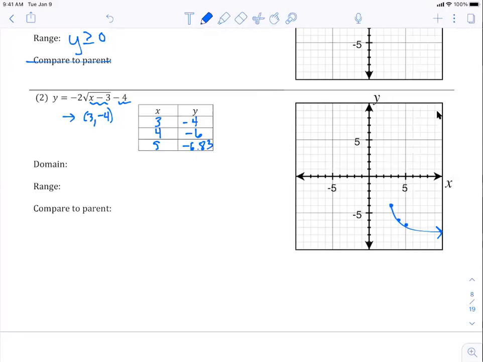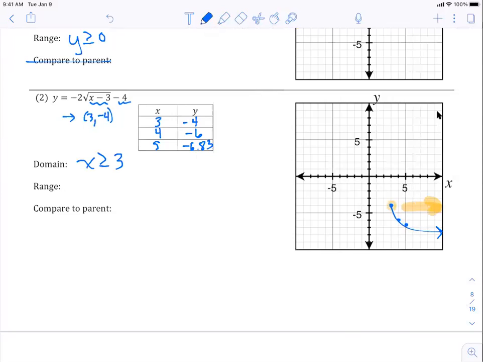Now, this one we have to be a little bit careful when I choose my domain and my range. Because my domain, remember, that's my x's. So my x's start here and go forever to the right. So that value is going to be at x equals 3. So for us, x is greater than or equal to 3 is going to be